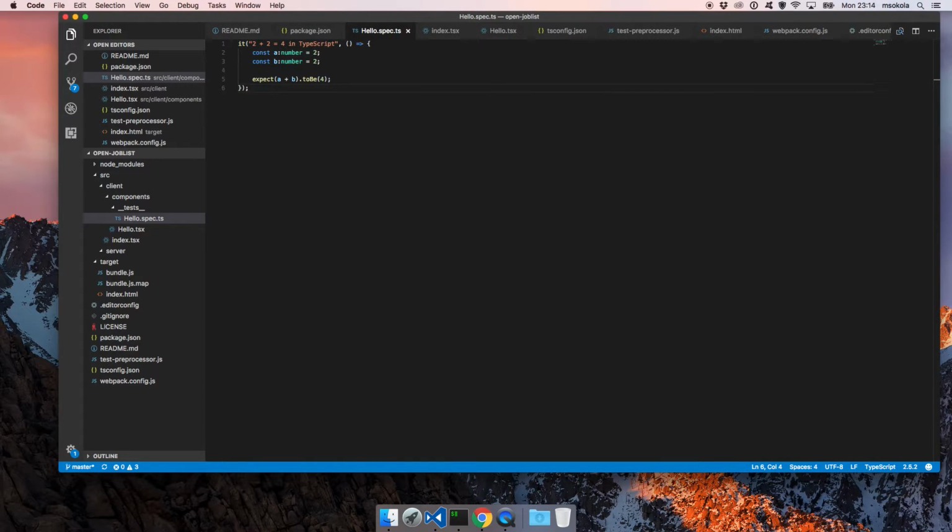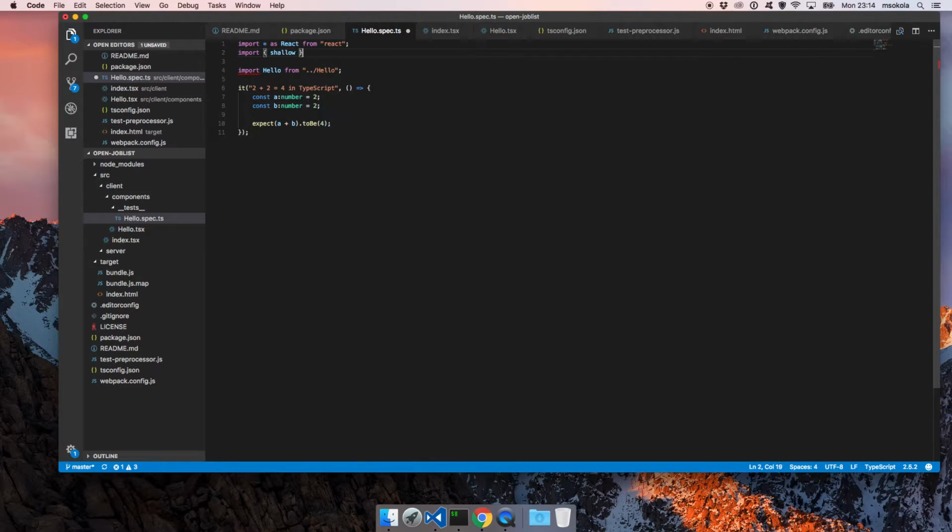More or less I know how to do this. So the next thing is we need to import React to our test right now. And we also need to import our component called Hello from hello. And now we need to import